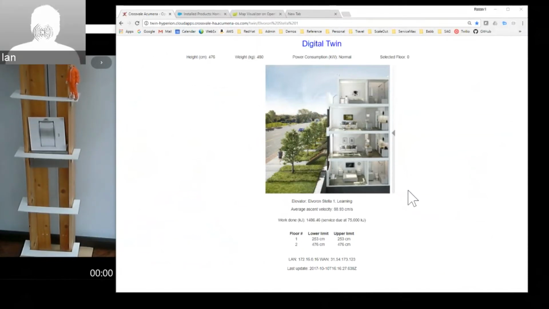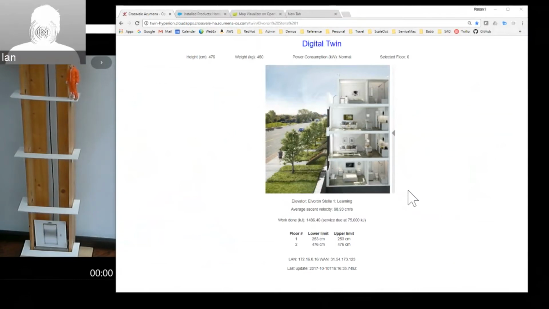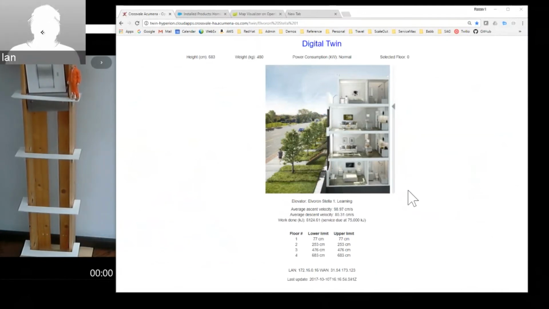So it's now learnt a second floor. Let's move again. So it's learnt a third floor. And we've got 6 of these to do, so just 2 more to go. Okay. And finally,